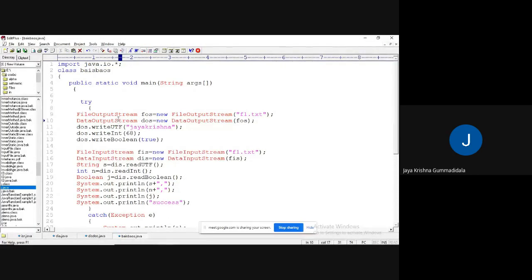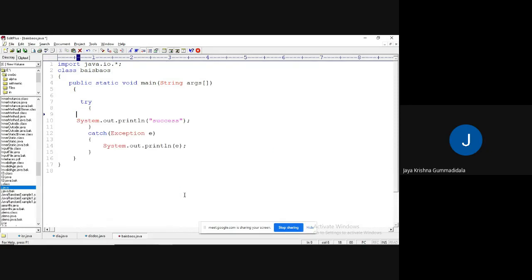So first, what we can do is create one array, because I need to pass the parameter as an array only, right?